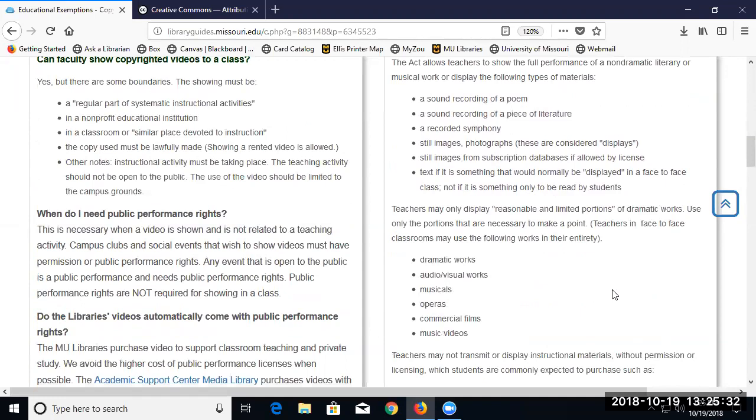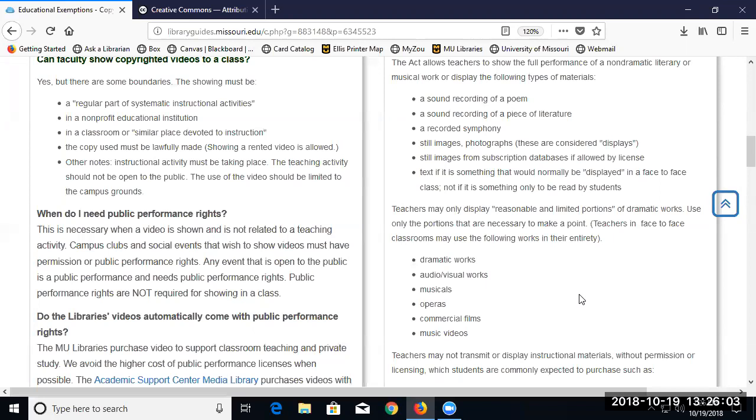and then for more limited portions of other things. So you can see for dramatic works, whether they're theatrical, movie, or music, if they're more dramatic, it's more limited. I think the reason for this is because the copyright law is protecting the expression of things, not the ideas underlying the expression. If it's something more factual, like a documentary, it's easier to separate the expression from the idea. If you've got something that's more artistic, dramatic, it's a little bit harder to separate that expression from what it's expressing. So it gets a little bit more protection.